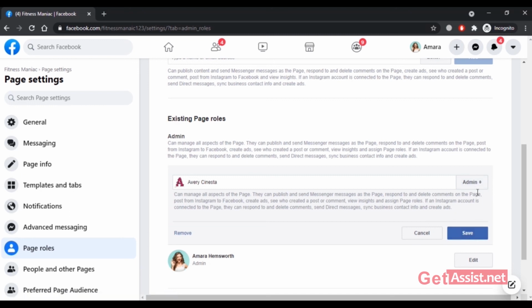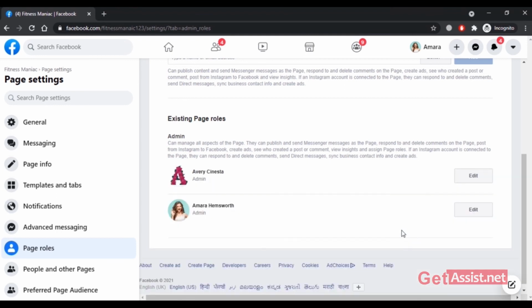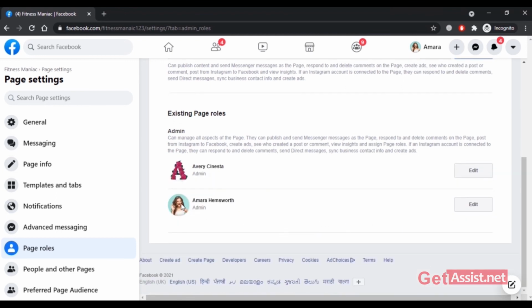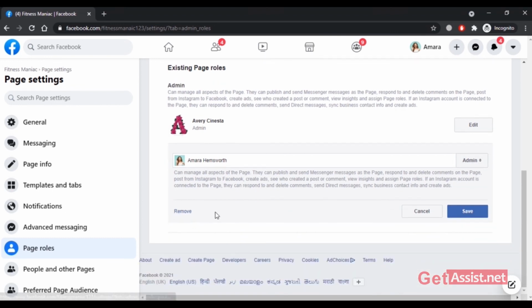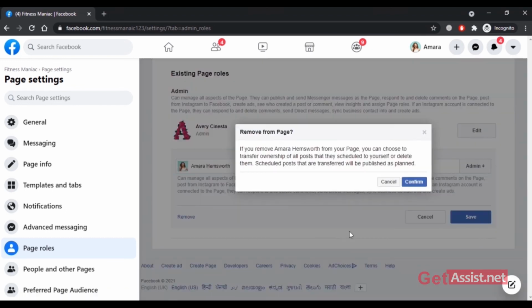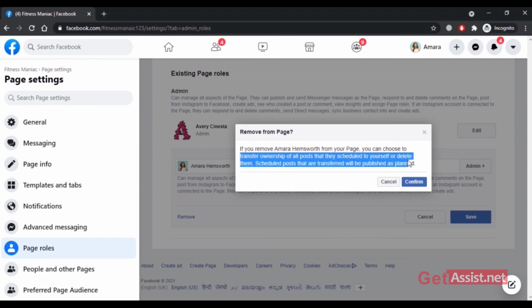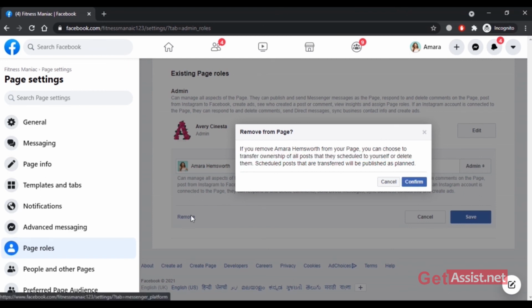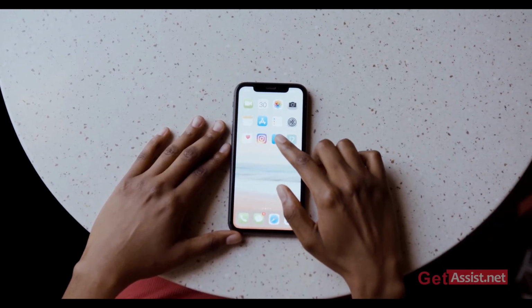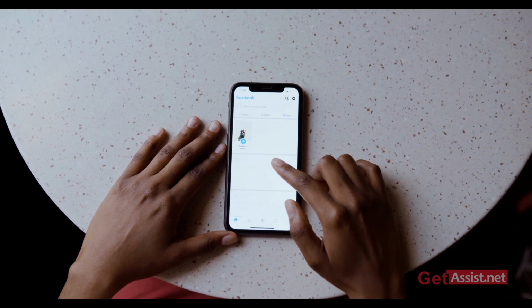If you want, you can just remove this person as admin if you want. Alright, or you can remove yourself, your previous account if you want, by clicking on this option. So if you will remove yourself, you will not be able to manage your page. Alright, the other person whom you have added as the admin will manage your account and will delete or add the post here. Alright, so yeah, that was all about how to transfer ownership of Facebook page to another account.